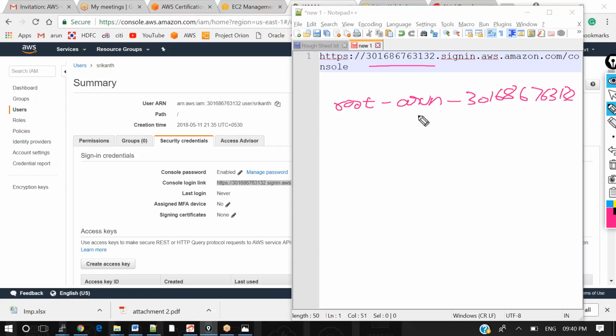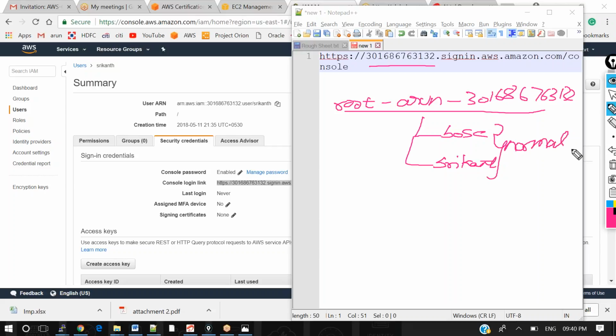301686763132. Under this account, I have created one user called Bose and another user called Srikanth. These users will be treated as normal users.